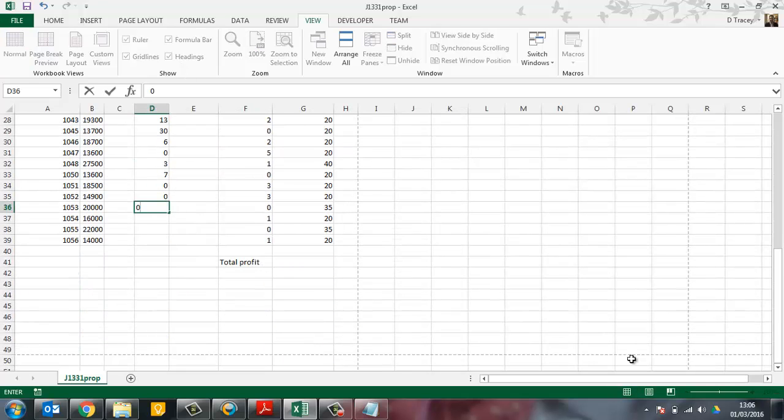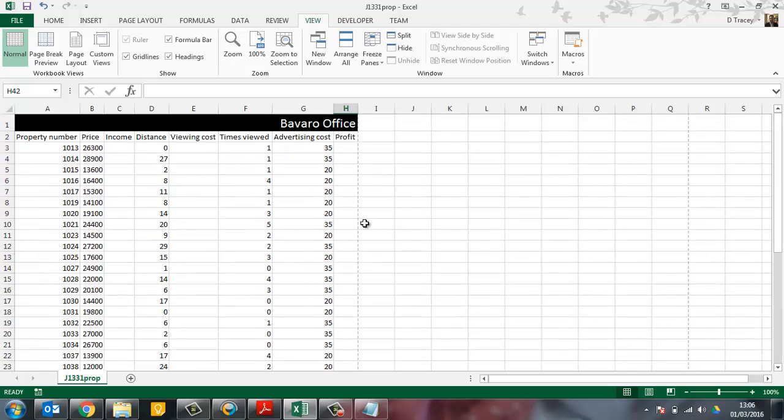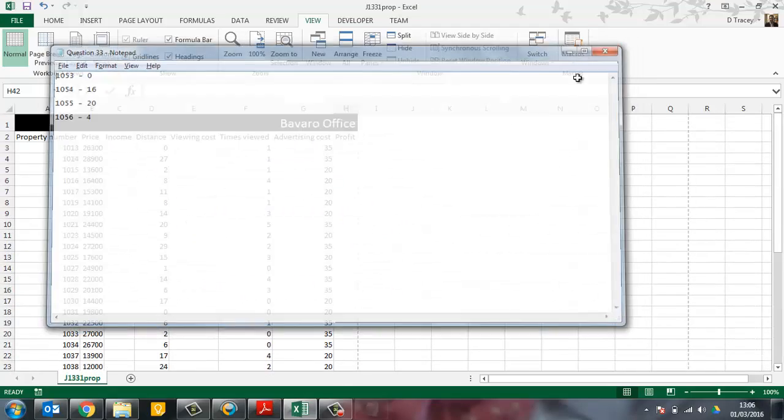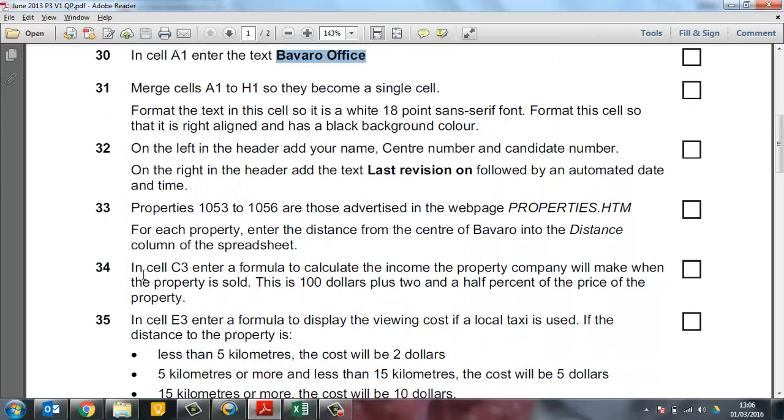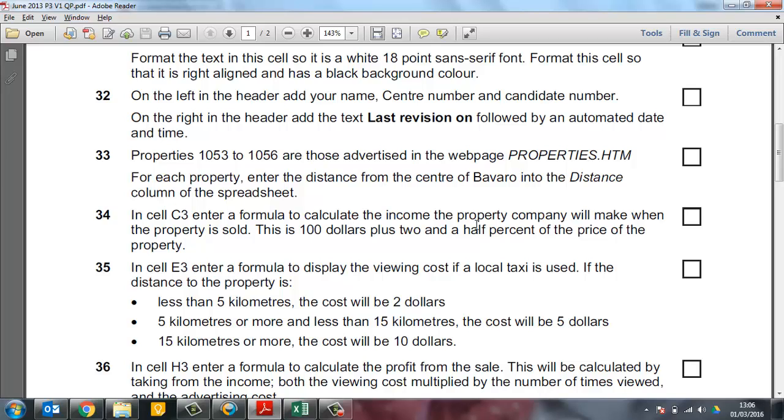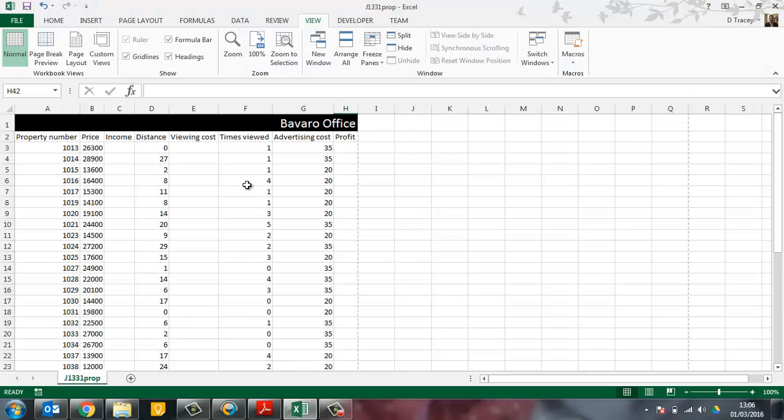So it was 0, 16, 20 and 4. You can add those in. These dotted lines just show you where the printouts will be, you can just ignore those. So in cell C3 enter a formula to calculate the income the property company will make when the property is sold. This is $100 plus 2.5% of the price of the property. So $100 plus 2.5% of the price of the property in C3, so that is equals 100 plus,